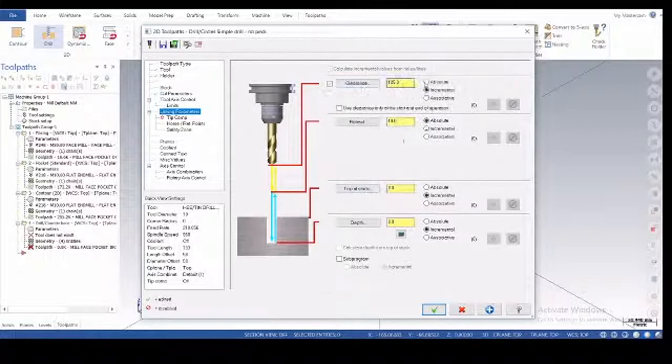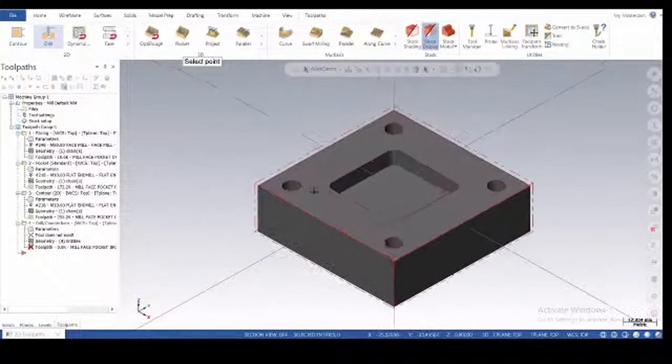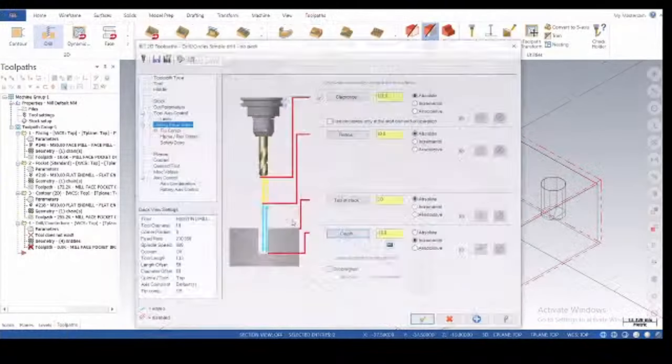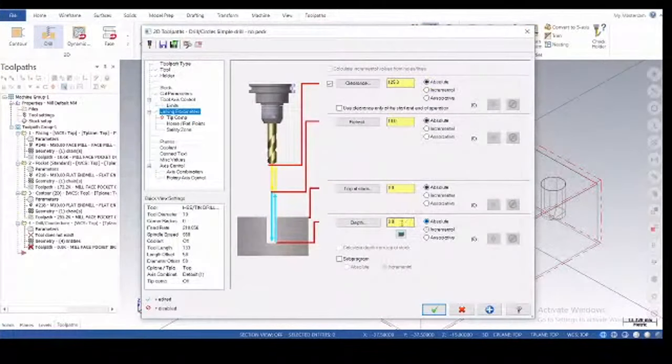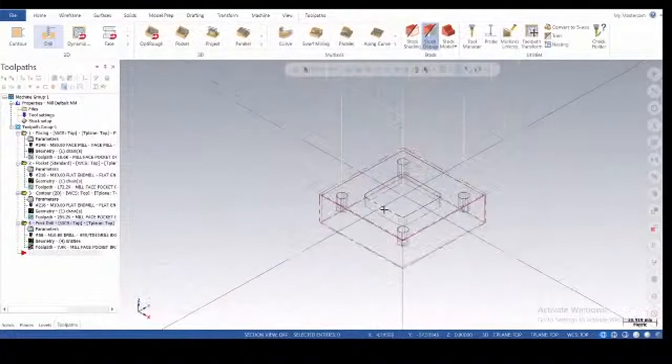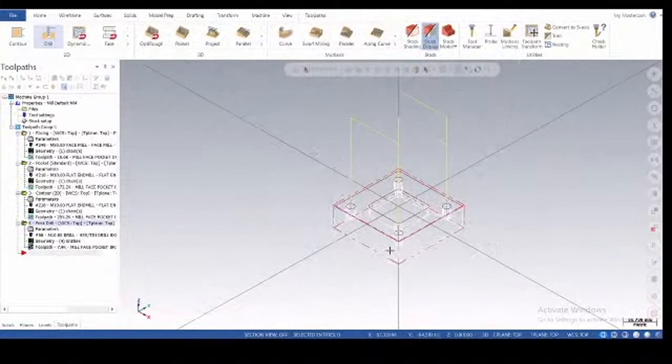Activate the clearance and retract, and go for the top of stock and depth. How much depth do you want? As you can see, this is our depth, so I just gave that, and okay, this means the tool path is generated.